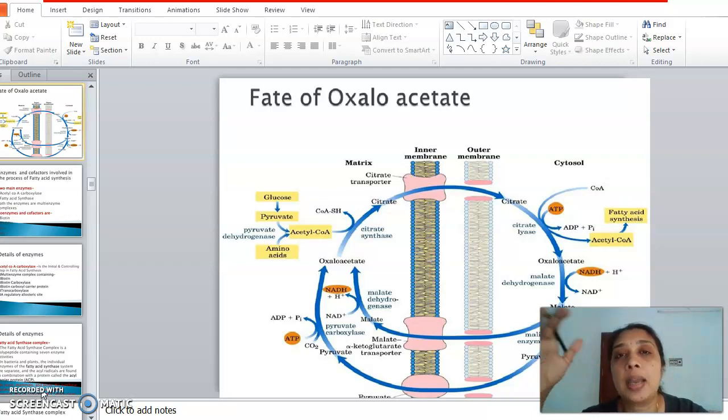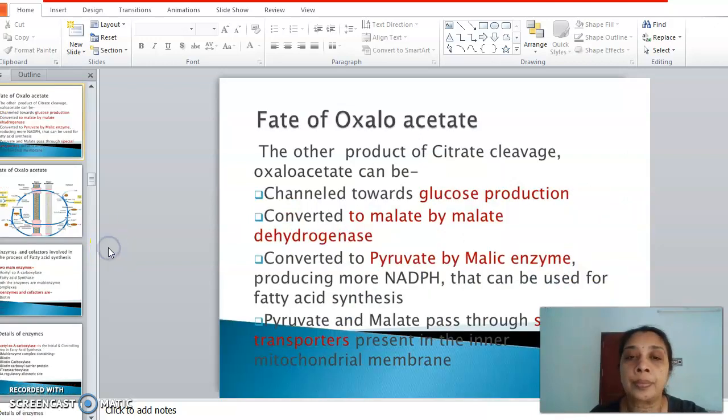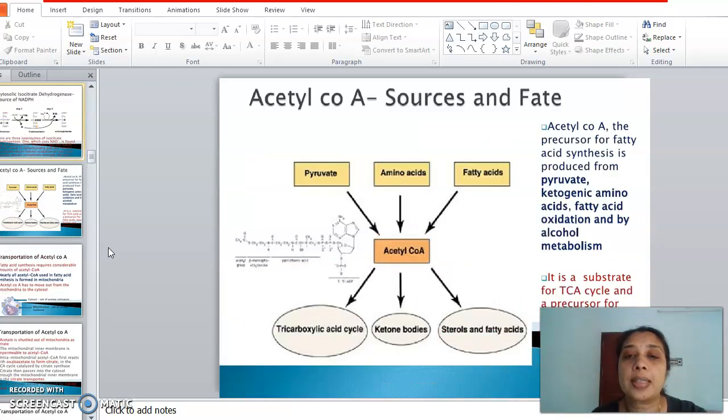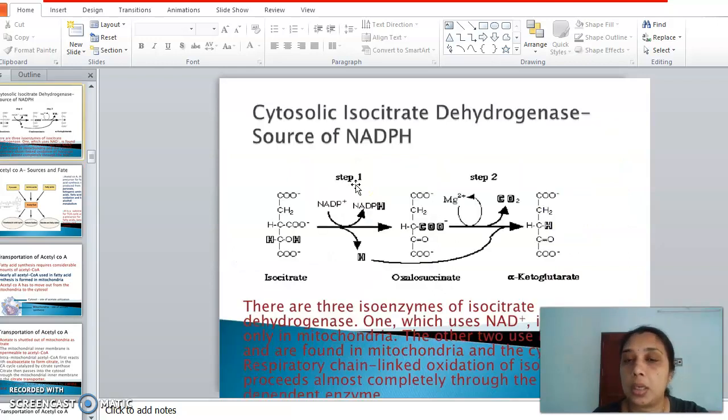If your diet has more and more carbohydrates, the calories obtained have to be utilized, and the calories are stored in the form of fatty acids. Clear? So we have explained the various routes through which fatty acids can be entered. Glucose, which is present in the carbohydrates, will be converted into pyruvate, and this pyruvate is